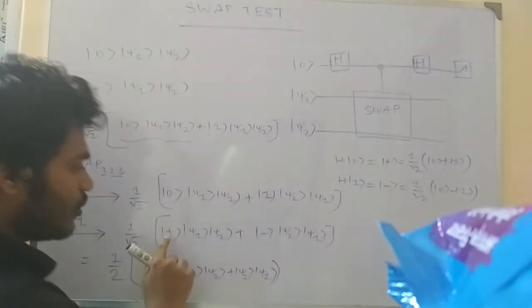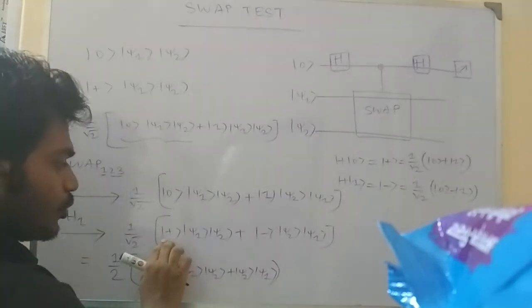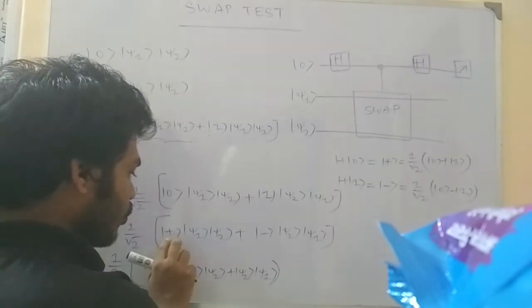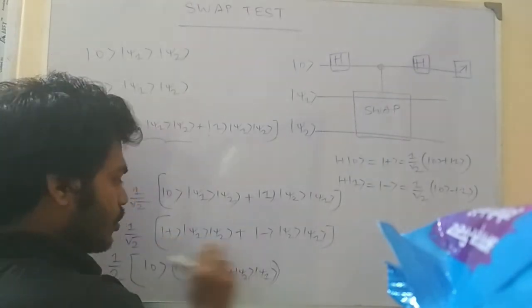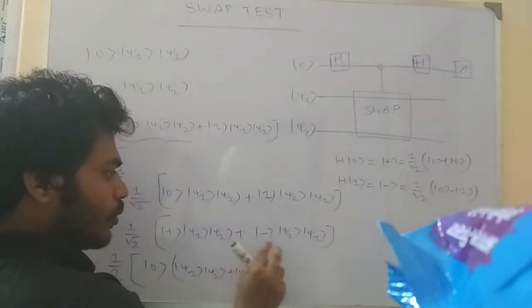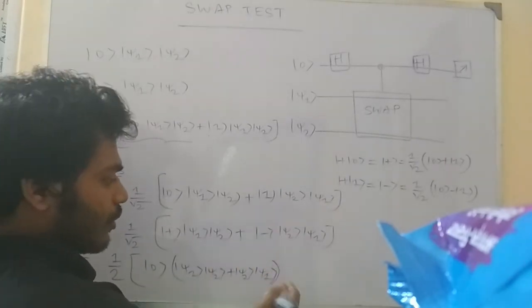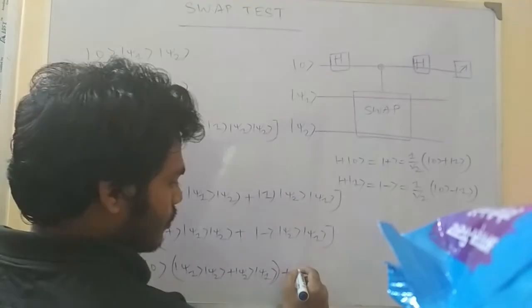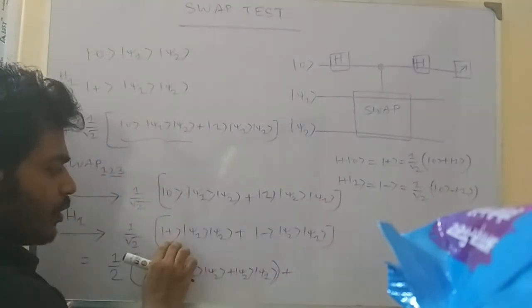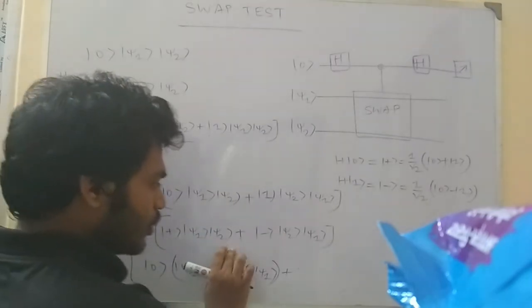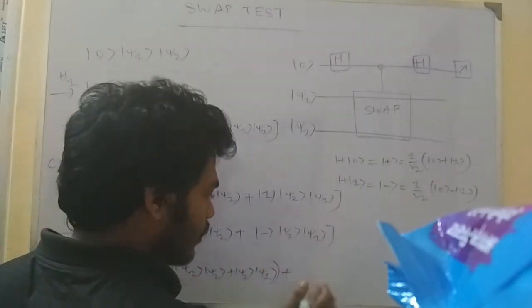Did you get it? When you expand the plus term, it will become 0 plus 1 over root 2, and 1 over root 2 has been taken as common. So here we have 0 plus 1, here we have 0 minus 1. So 0 here, 0 here also. If you take 0 as common, here we have the common psi 1 psi 2, here we have the common psi 2 psi 1. Plus, similarly 1, here we have 0 plus 1, here we have 0 minus 1. So plus 1 times psi 1 psi 2, minus 1 times psi 2 psi 1.